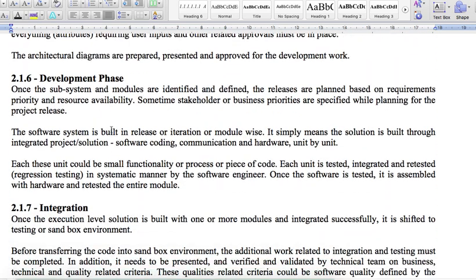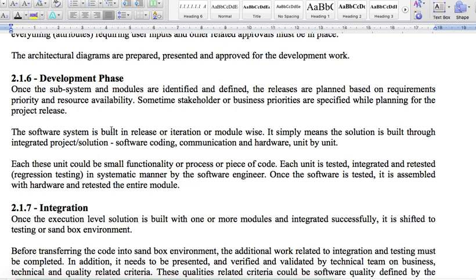In the development phase, many people would say the business analyst has no role once the solution starts developing, because after that they may not have a role to play once the requirements are fully designed. But that's not true. Your role is there throughout the life cycle. In the development phase,